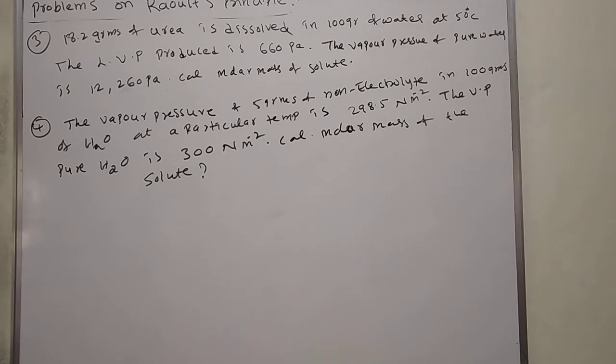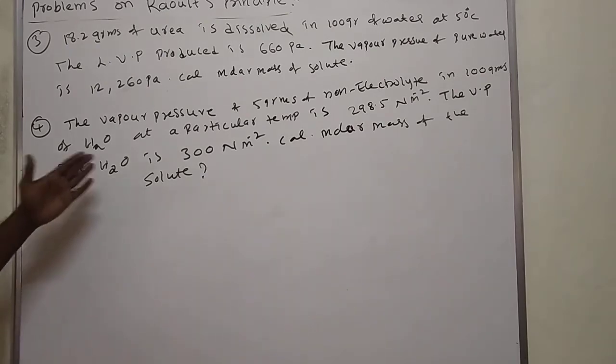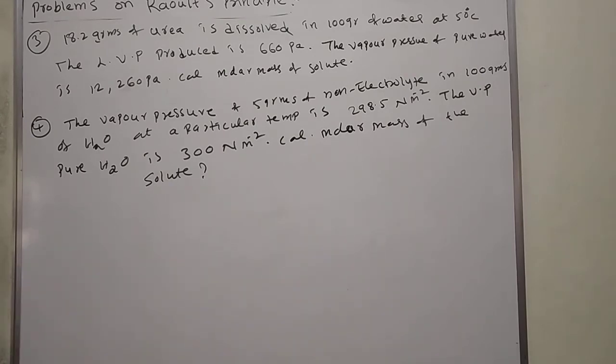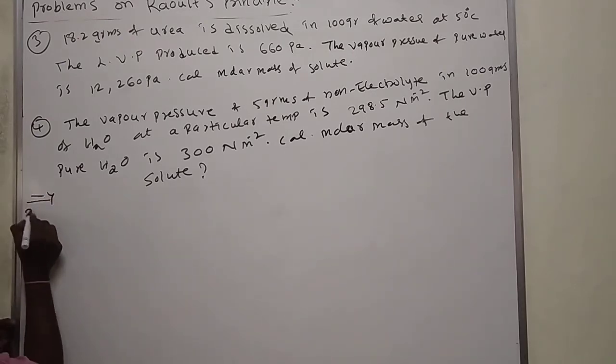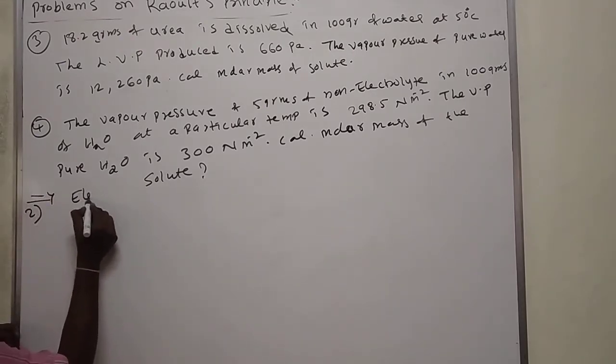Okay, this is about the Raoult principle: the demerits of Raoult principle, important points, the mathematical expression, and problems on Raoult principle. Here you can do it easily now. Then in continuation we'll see the second colligative property, that is elevation in boiling point.